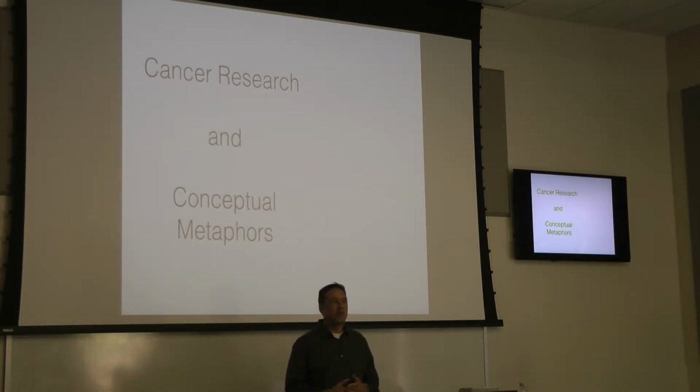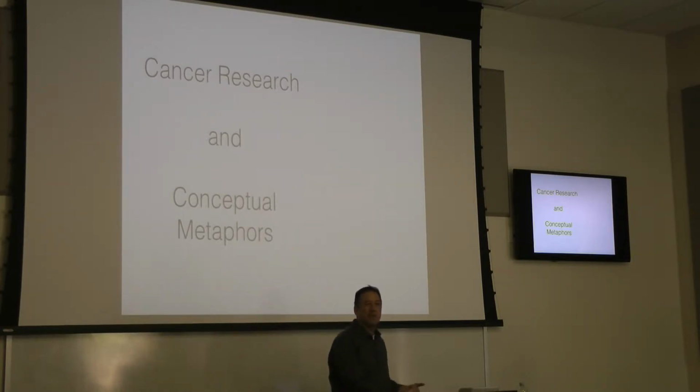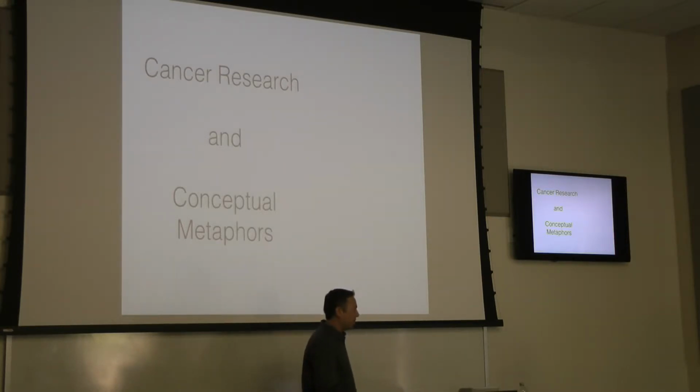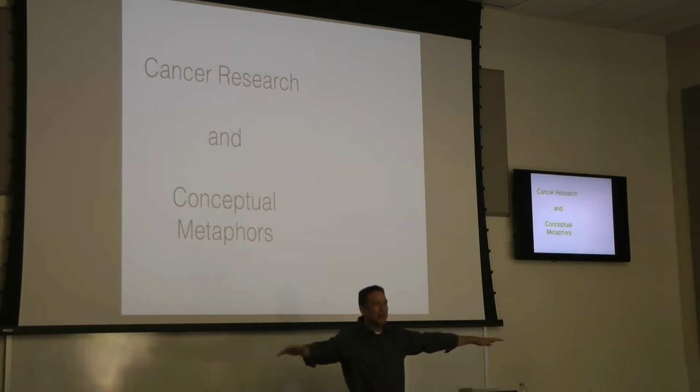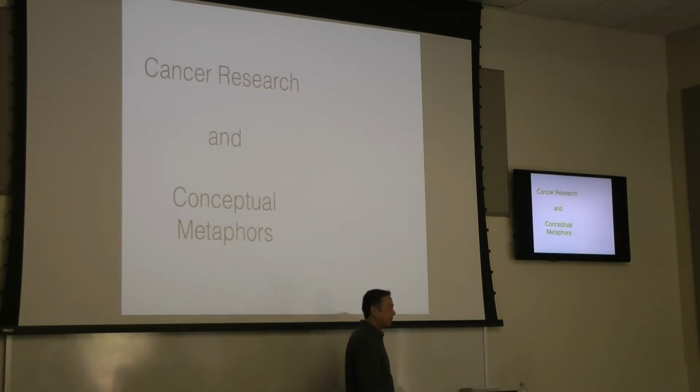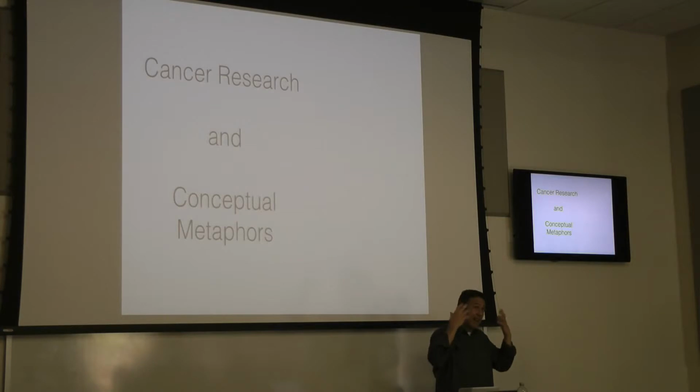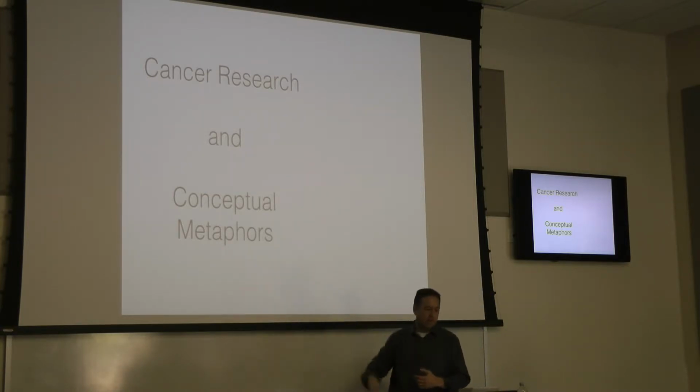So a classical example would be, argument is war. So we think of this abstract thing, argument, in terms of this more primitive thing of conflict with others. So you defend an argument or you support your position. Love is a journey. Love is an abstract thing. Walking along a path or taking a trip is a concrete thing. The number line, right? The number line is an abstract thing, but left and right in front of us is a very concrete embodied thing that we all have an immediate understanding of. So we've got these kinds of cross-domain mappings in our brains from more basic, grounded, embodied kinds of experience to more abstract things. And you could think of the mind as a kind of set of these metaphorical mappings.